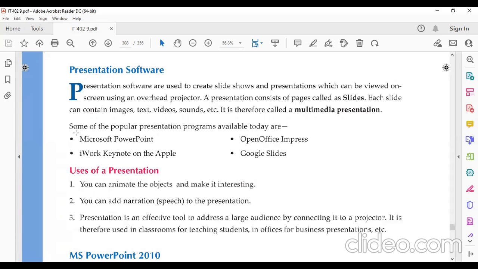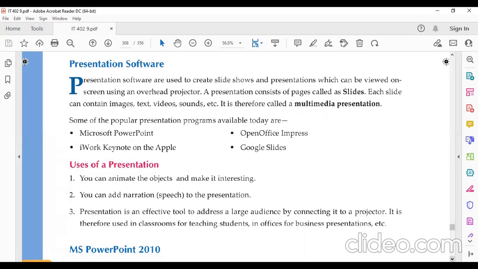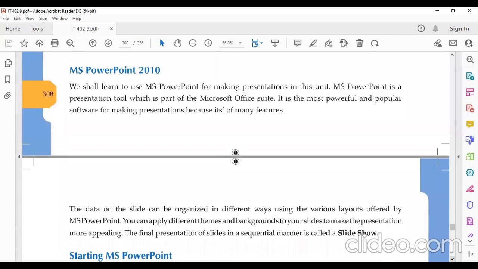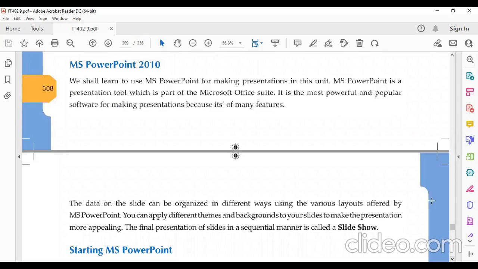Now, what are the popular programs or the popular softwares available? The most commonly used is Microsoft PowerPoint, right? We also have Open Office Impress. We have iWork Keynote in Apple. Then Google Slides is another example. And Google Slides is an online platform where things are saved on the cloud storage, right? Now, in this chapter, we'll talk about PowerPoint presentation,